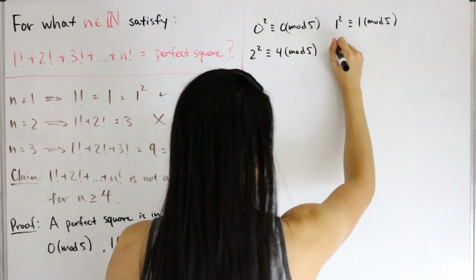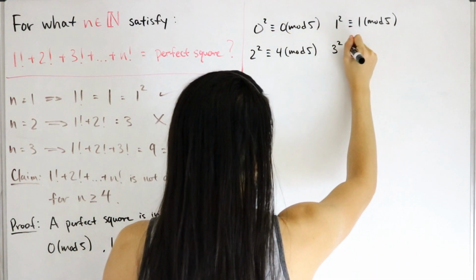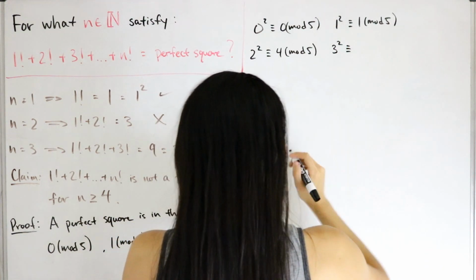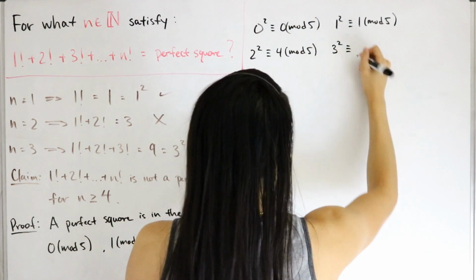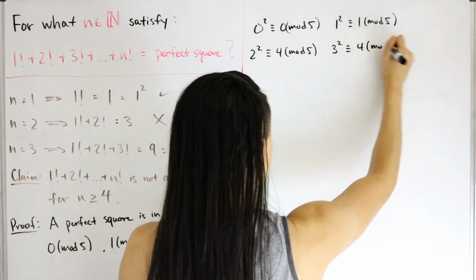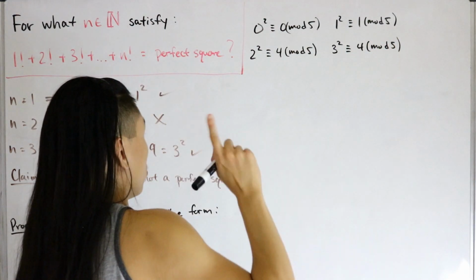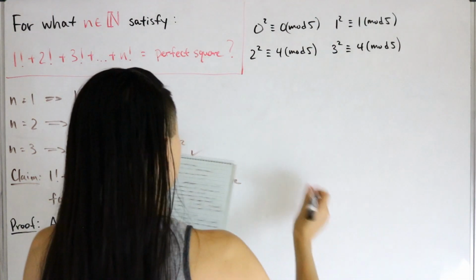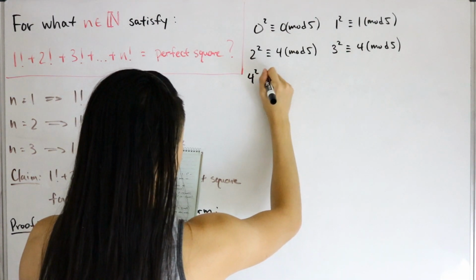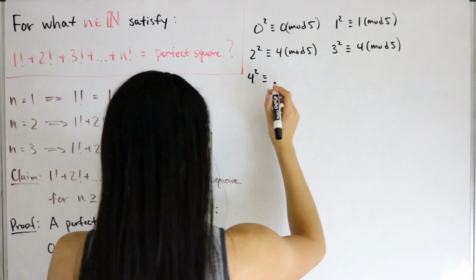So why don't we try another number, 3 squared. So 3 squared is 9, right? So what that means is we get the congruence of 4 mod 5, since if I were to divide 5 into 9, it can go into 9 once, but you get a remainder of 4. And let's try 4 squared, so 16. That is congruent to